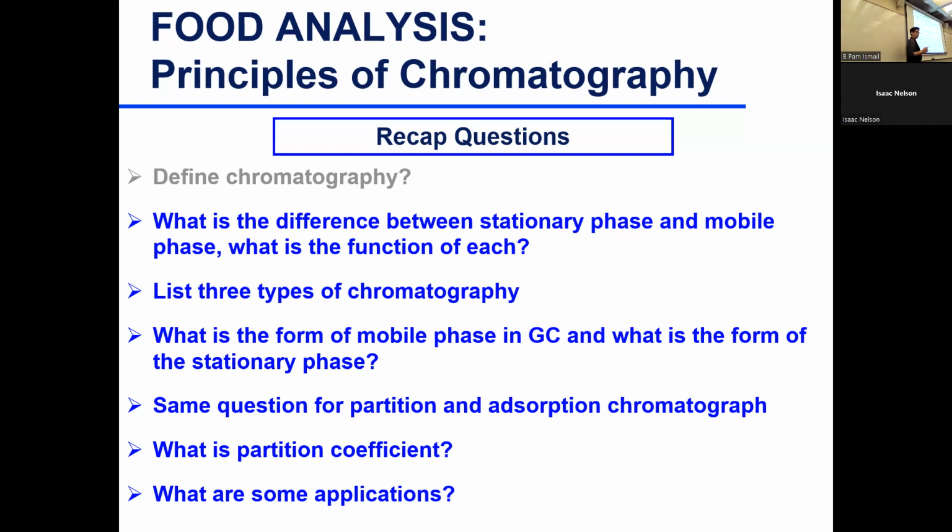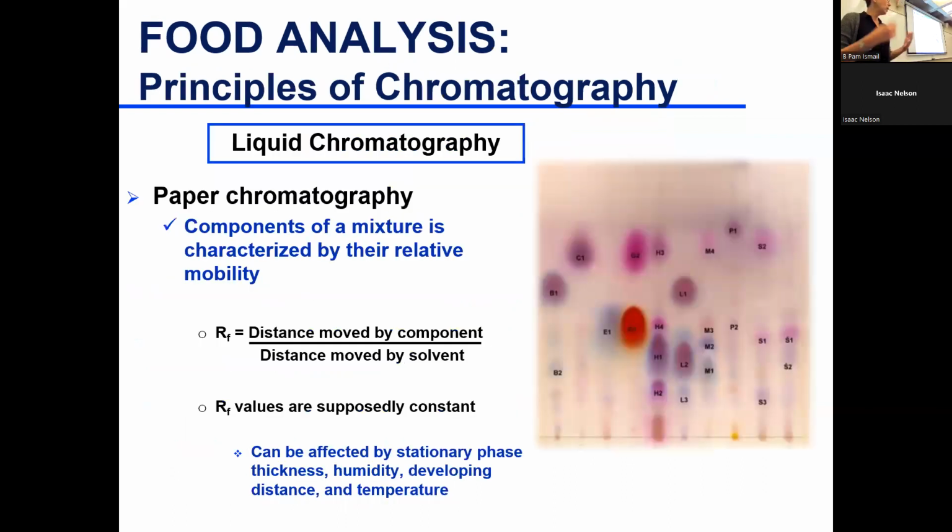So we do amino acid composition, flavor analysis, contaminants of concern, and vitamins. There are a lot of applications for GC and LC, and we'll see that throughout the semester. That's why we're learning about chromatography as a base before we go into applications. All right, so we were talking about paper chromatography